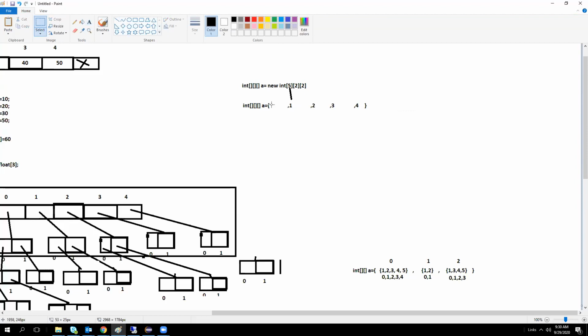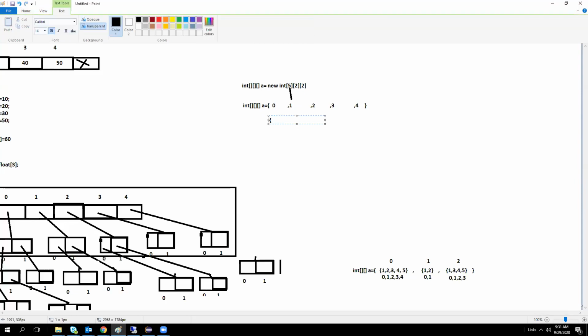At the 0th location, we have one more array, so that is 0, 1. The second array size is 2, no? So that's why I'm giving 0, 1 only. After that, at the first index also we can give 1 and 2 values, any values you wish.